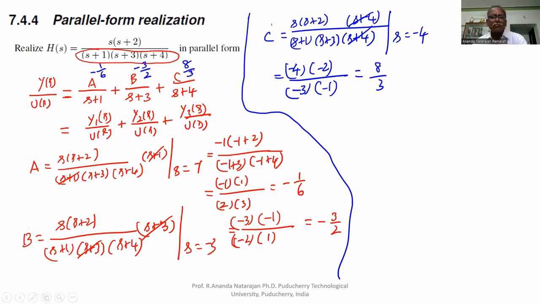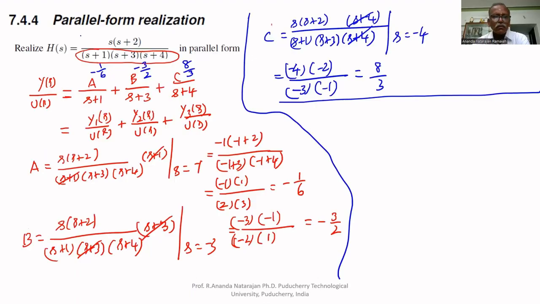If you realize the first case, you will take here 1, 3, 4. y1 of s upon u of s, y2 of s upon u of s, y3 of s upon u of s is equal to